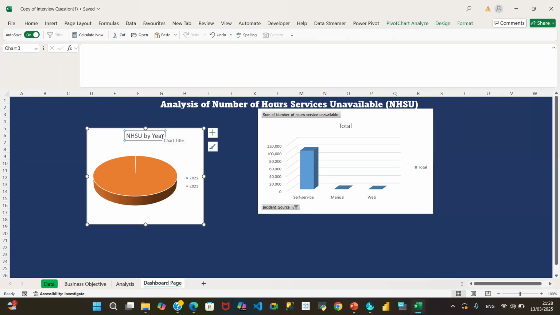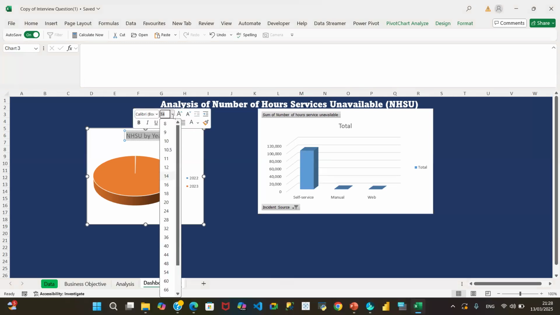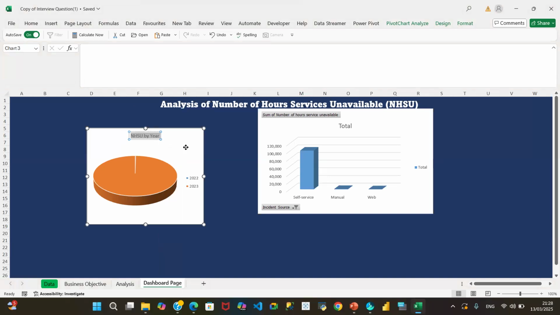Then we can reduce this title maybe to 10.5 at most. You can decide to. Now when I click in, you see we've got a plus where it says chart elements: add, remove, or change chart elements, such as title, legend, grid line, and all of that. So if I open that up, click on the cross,